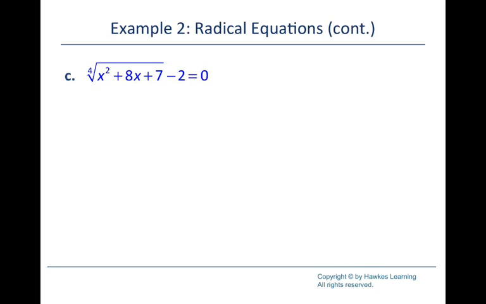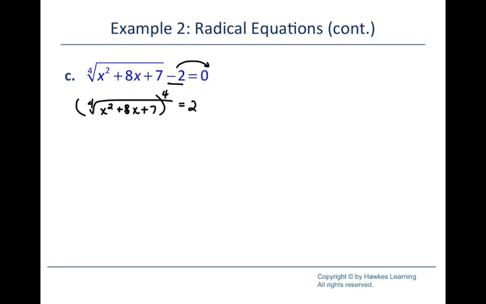All right, the last example, we've got something raised to the 4th power. So when we work that, we're undoing a 4th power instead of a square root. So first we're going to move this -2 over here. So you're going to have a 4th root of x squared plus 8x plus 7 equals 2. Now we have to raise everything to the 4th power